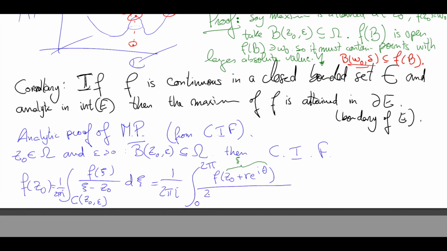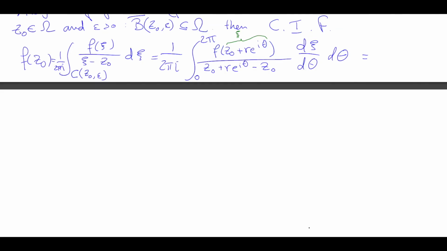C is z0 plus r e to the I theta minus z0. So far, so good. Then I have dc over d theta and d theta, right? Equal to... Let's continue the calculation. 1 over 2 pi I. Of course, this is all going to cancel out. We've seen a calculation like this before, but